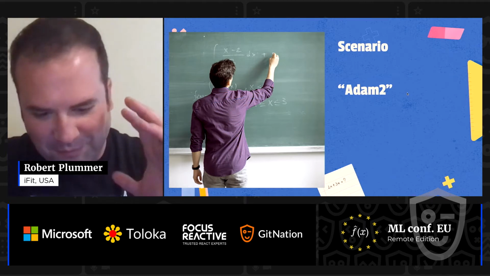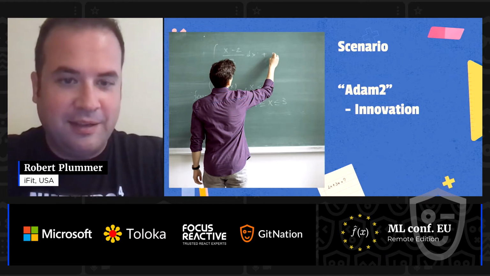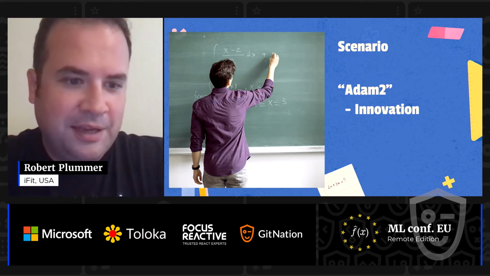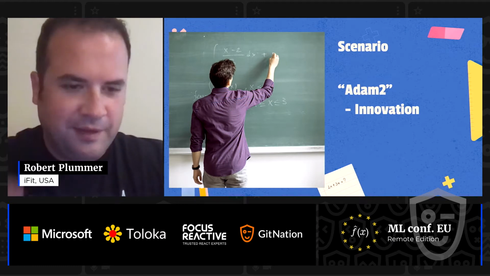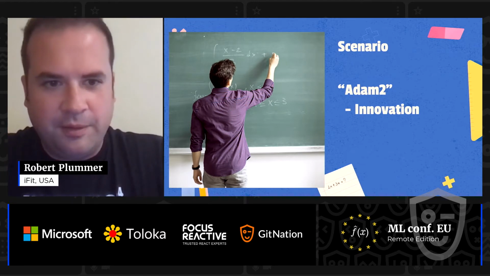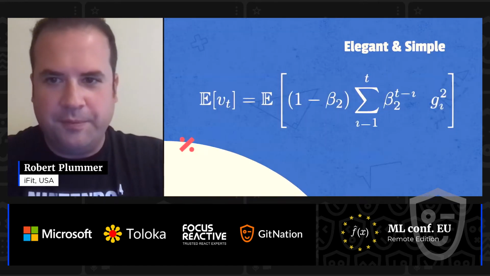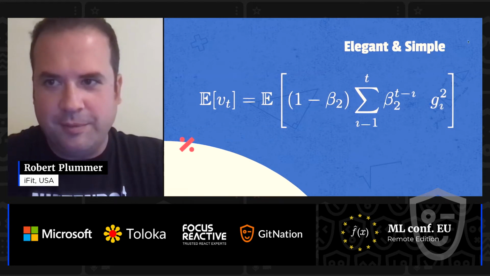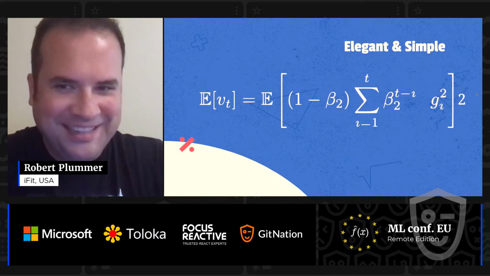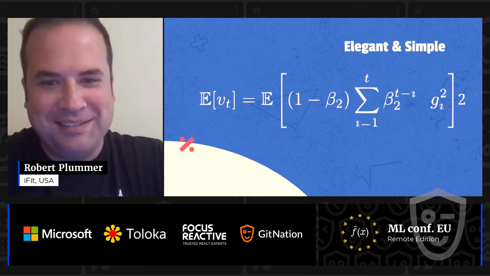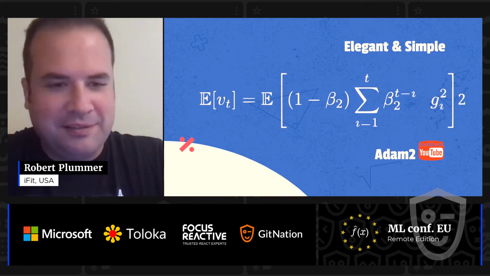and so you're psyched about it. You want to get it implemented somewhere, and it's amazing because it represents innovation, and that's really what machine learning is all about. We're innovating at a breakneck speed, and so we don't want things to hinder us in this arena. So here's our elegant and simple solution that represents Adam, and here's Adam 2. So yeah, it's amazing. You're going to see it everywhere,